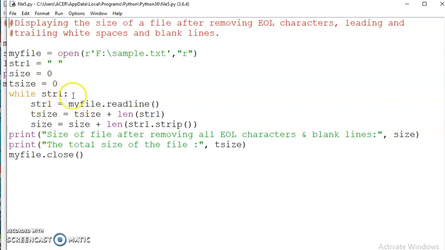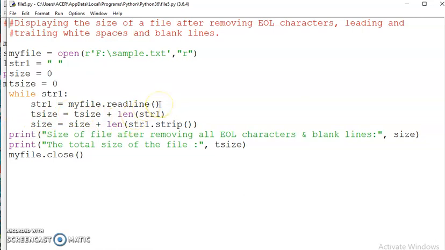Then while str1: we are using one while loop. Then str1 = myfile.readline(). See here, first we set str1 equal to a space, so this condition is satisfied. Then str1 = myfile.readline(), then tsize = tsize + len(str1).